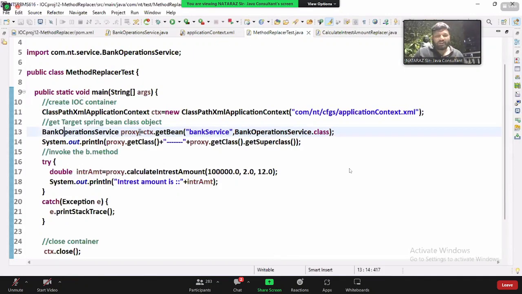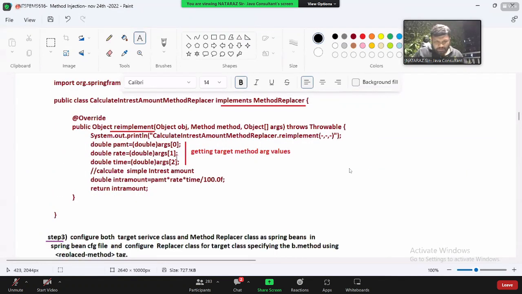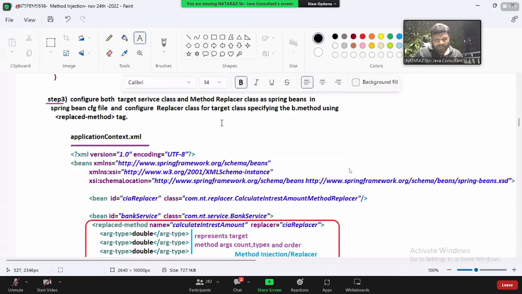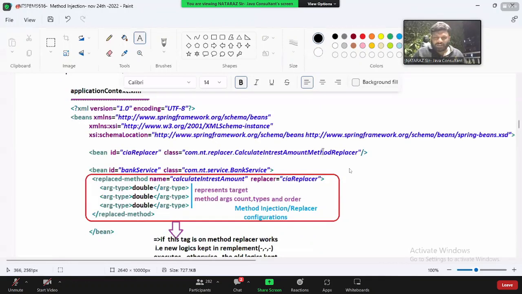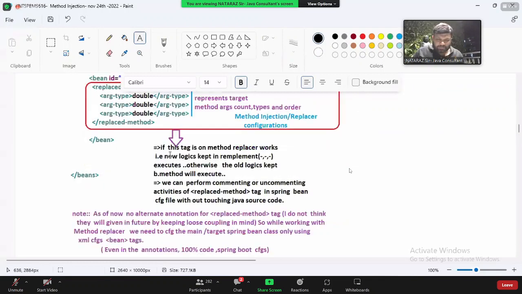Now come back to the steps. Here the replacer's new logic is executed now. Super. Step number 3: you can configure both classes here, or you can configure one class here, but this class must be configured here. These represent the target method arguments: count, type, and order. This is method injection or replacer configuration. If this tag is on, the method replacer works and the new logic executes. Otherwise, the old logic is kept and the business method executes. We can perform commenting and uncommenting activities on the replaced-method tag